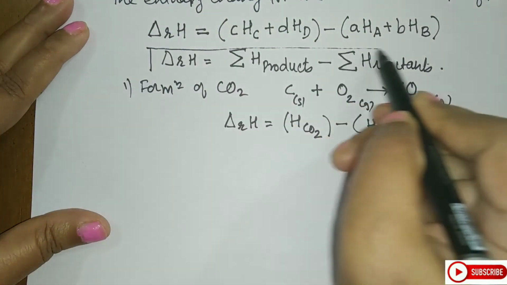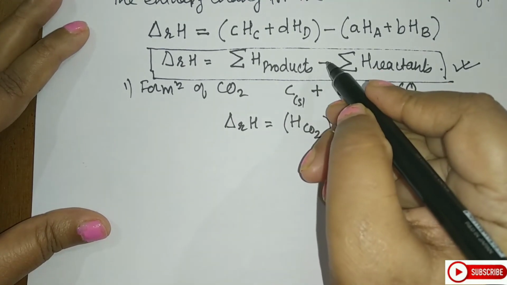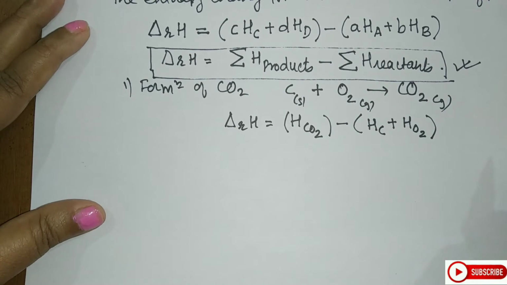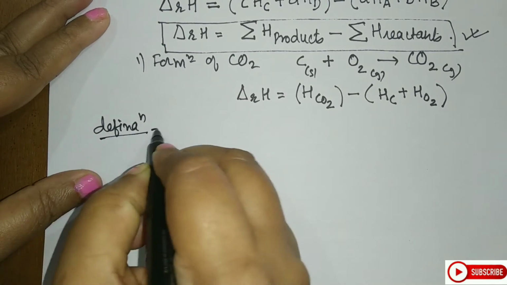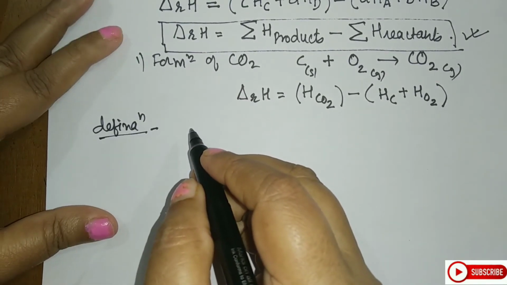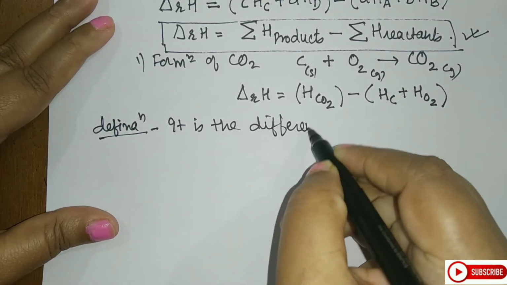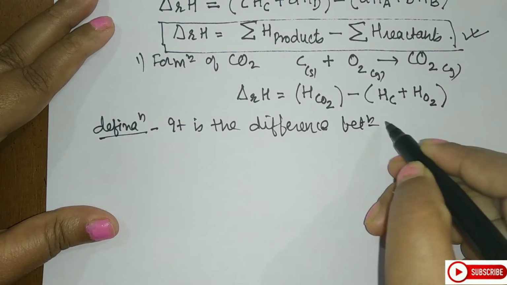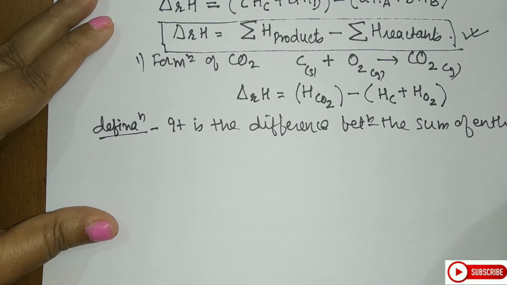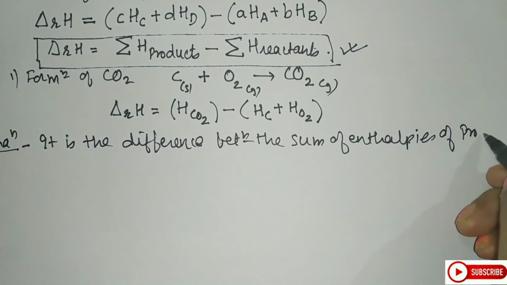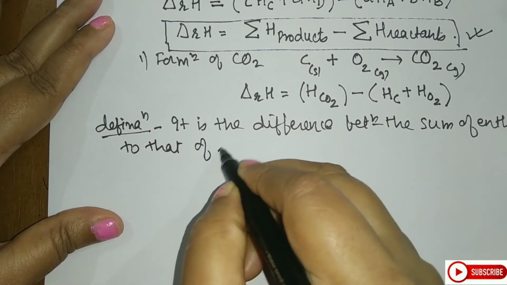If I see the formula here, the sign I have used indicates the difference. So how will I define enthalpy of chemical reaction? So what will be the definition? For the definition, it is the enthalpy of a chemical reaction. It is the difference between the sum of enthalpies of products to that of reactants